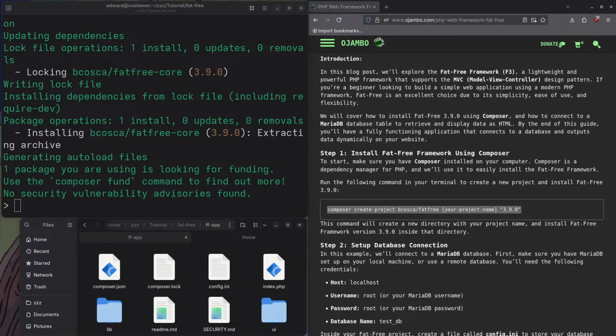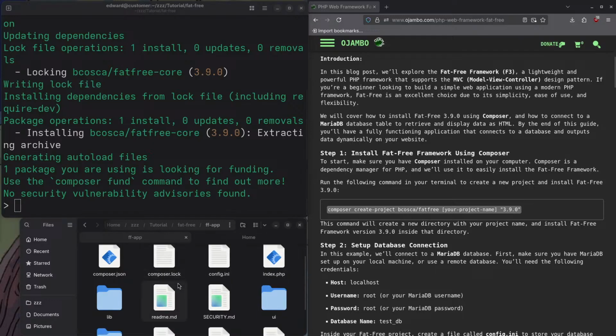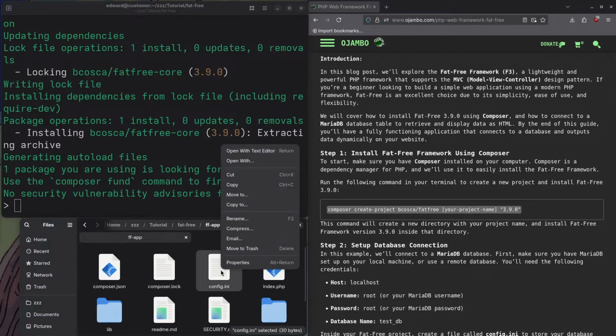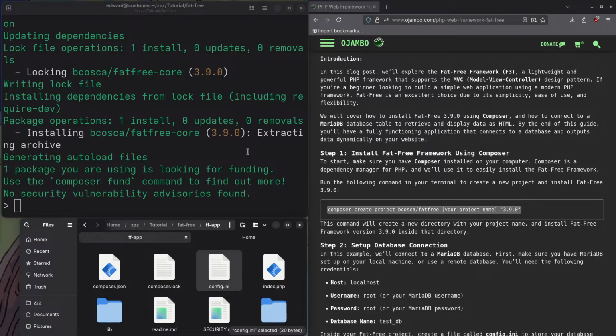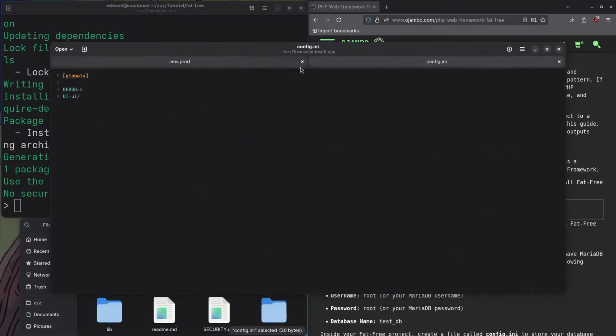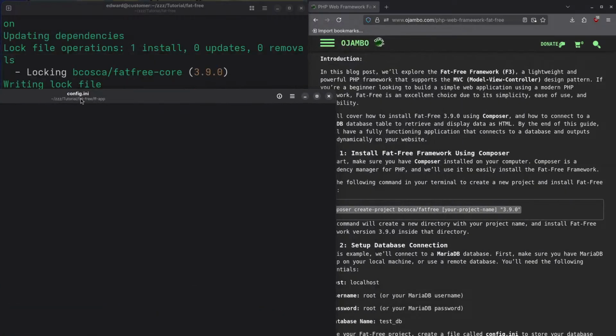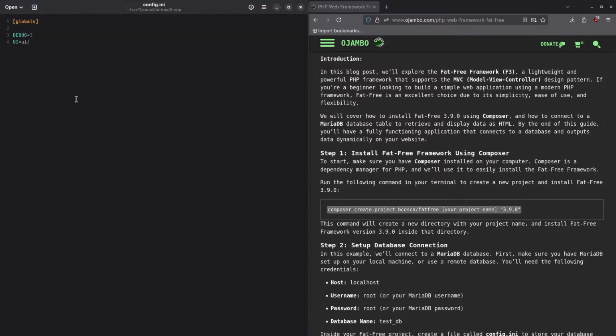All right, so okay, let's continue here. We're looking for this config.ini file. So open this up with the text editor. Okay, I'll just put it here so you can see what's going on, and you can see it only has